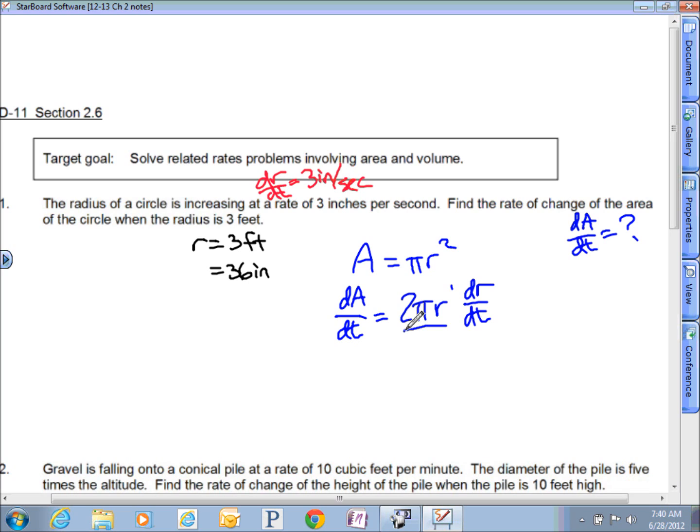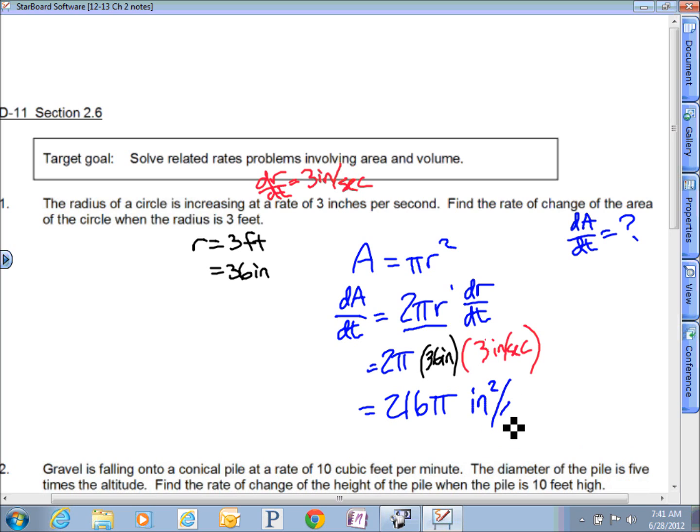So my dr/dt is 3 inches per second. My radius is my 36 inches. I guess I should probably start including some labels. Inches per second. Let's make this halfway clear. So my 3 inches per second, and then I've got this 2 pi. So under these conditions, what have we found? 2 pi times 3, so 6 pi times 36. How about 216 pi